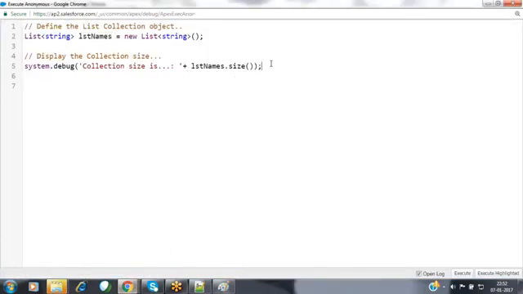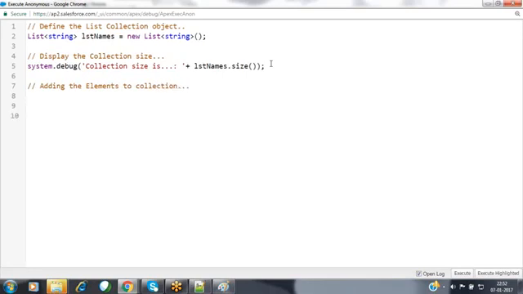Now I would like to add the elements here. I'm adding some elements to the collection. Then how can we add? We have to use the method called add method. lstNames dot add, I'm adding some welcome.